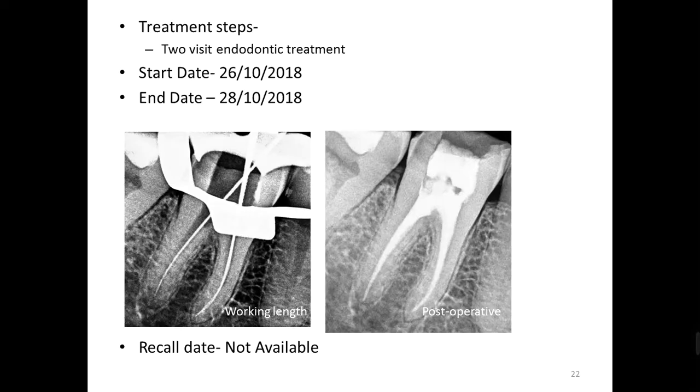But once it is done, and once the working length is over, you can see there are two PDL linings here. One PDL lining, and a second PDL lining. That means there must be two canals. You can see this PDL lining ends up here. There's another PDL lining that goes out here, and another PDL lining that encircles here.